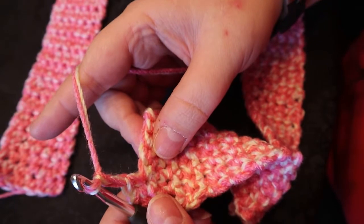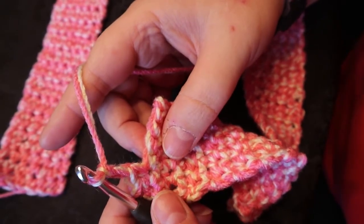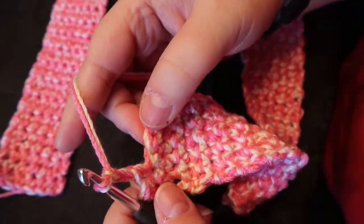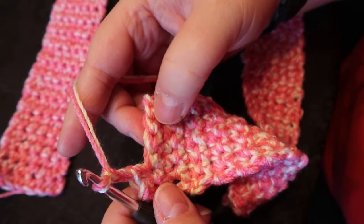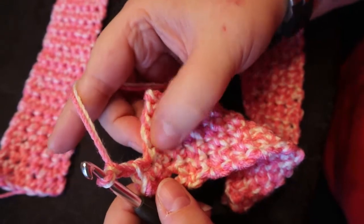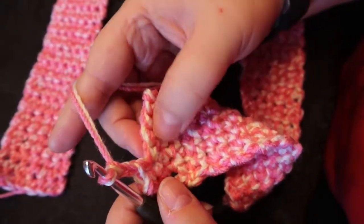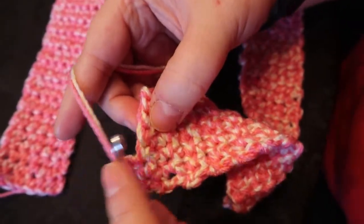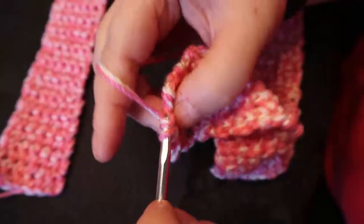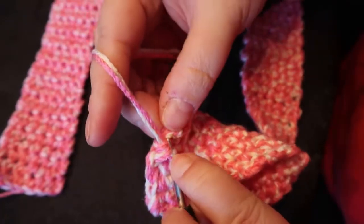So if you're going to do really big buttons and you need more room than what I'm doing, I mean you only have 6 spaces, but you need to skip 3 stitches, then chain 3. But we're only skipping 2, so I'm going to chain 2, skip 2, and then go right into this stitch and do a normal single crochet and single crochet,